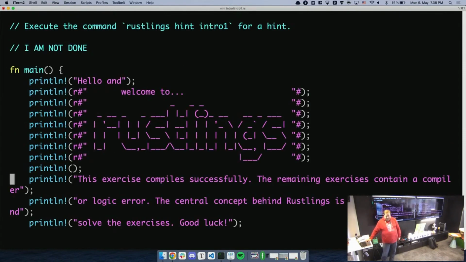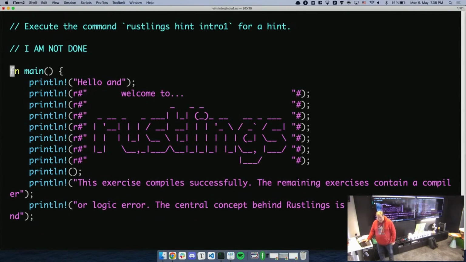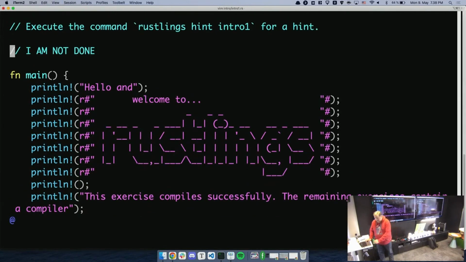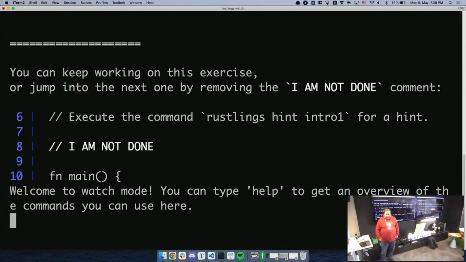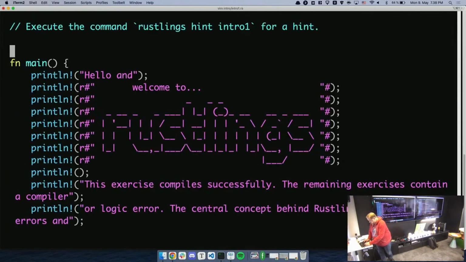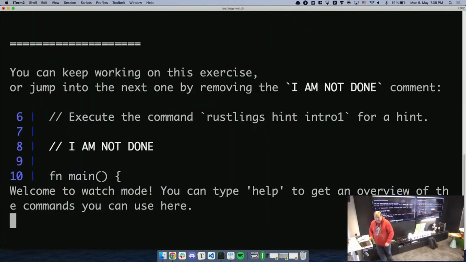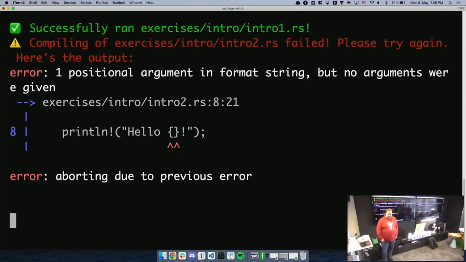So if we jump into Vim and I delete this line and jump back, I need to save. It should reload, and now it says it successfully ran intro 1.